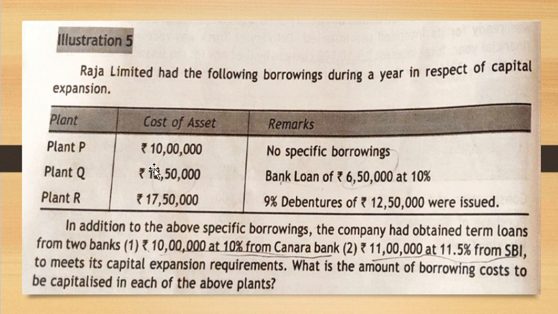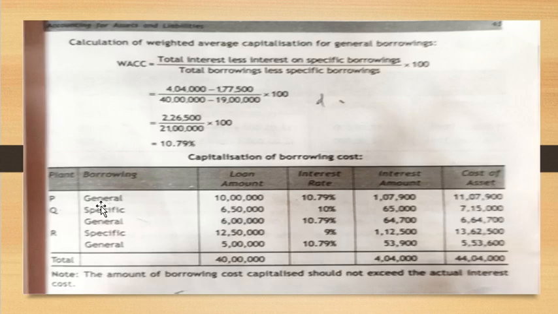This 10 lakh is used to purchase plant P. So plant P general borrowings are 10 lakh. The interest on general borrowings at 10.79%, so 10 lakh into 10.79% will give you an interest of 1,07,900. So what is the cost of the asset? Loan amount plus interest amount will give you